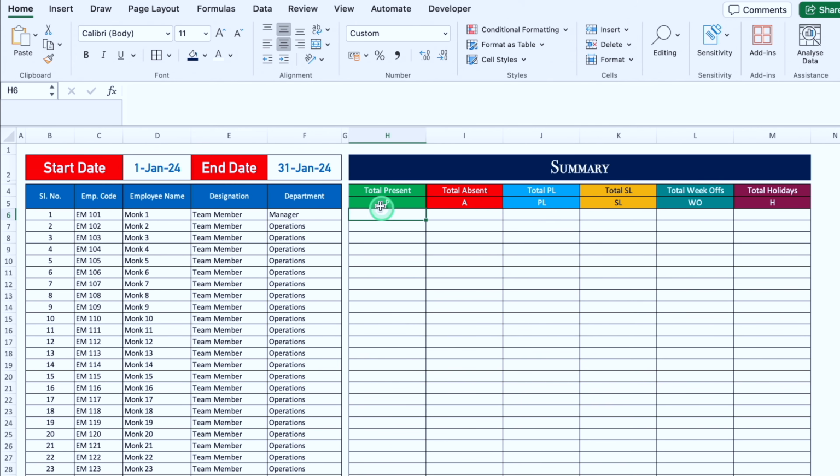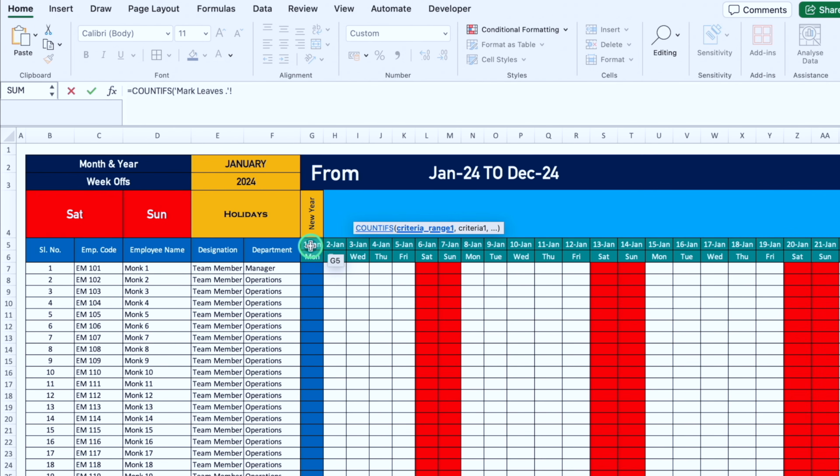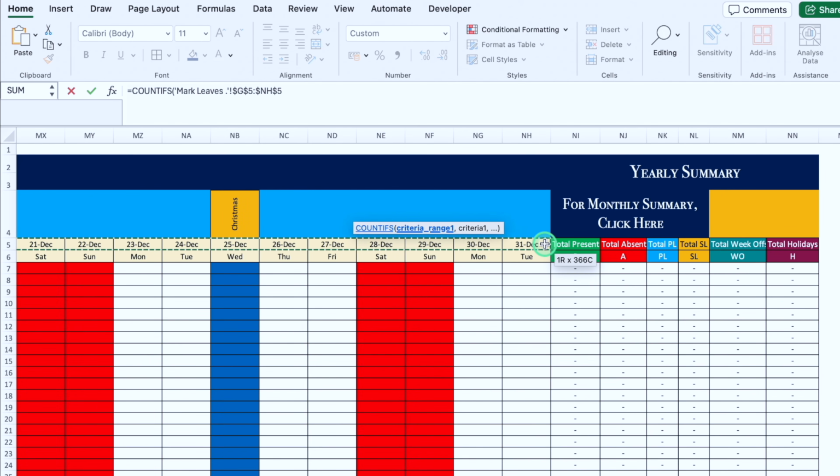Now we will put our formula over here, and the formula will be equal to COUNTIFS, bracket open, criteria range 1. We'll go to mark leaves, or just say mark attendance sheet. We'll come to left and select our dates from first till last. We'll press function F4 and the cells will be locked, comma, greater than or equal to. But whenever we use COUNTIF or COUNTIFS, we have to take greater than or equal to in double inverted commas. So we will put double inverted comma, greater than or equal to, double inverted comma close, and we will go